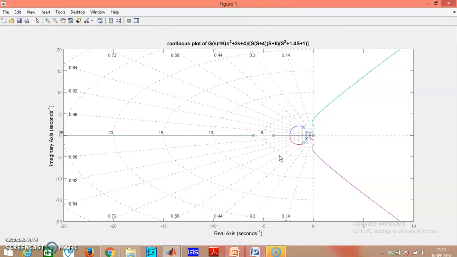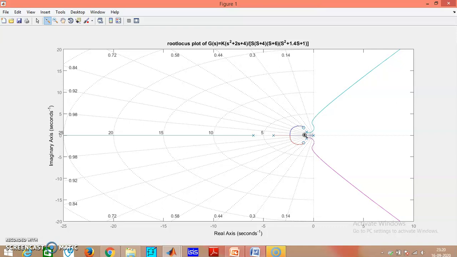Now we know that the highest power of s in the denominator was 5. It means that there are 5 poles, and in the numerator the highest power of s is 2, so there are two zeros. So there are two zeros and 5 poles. You can maximize this image. I will just click on this plus button, and you can magnify the image.